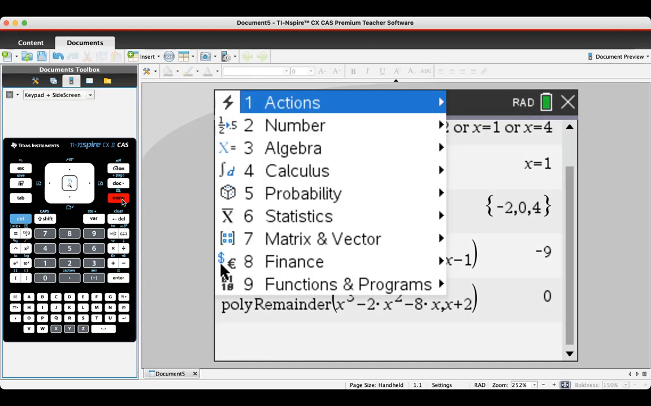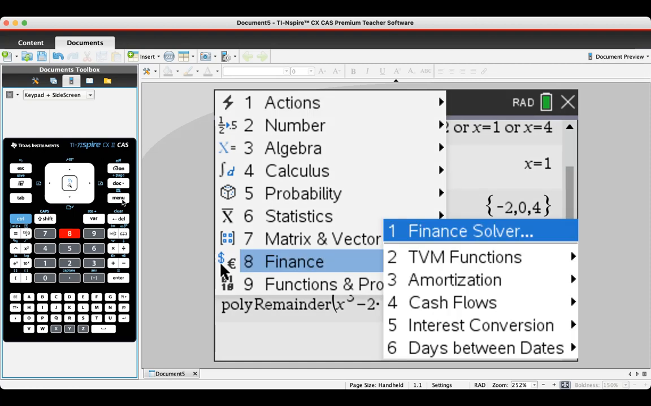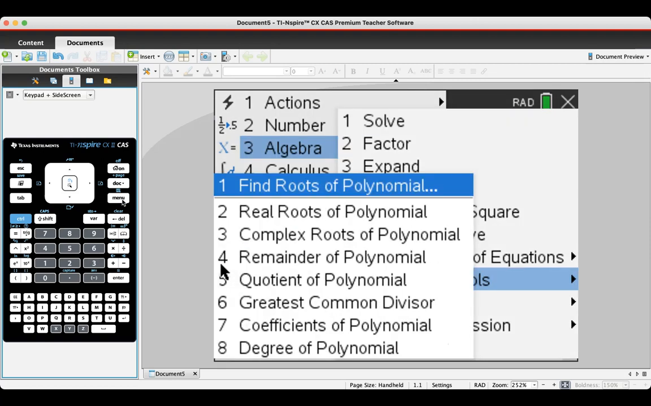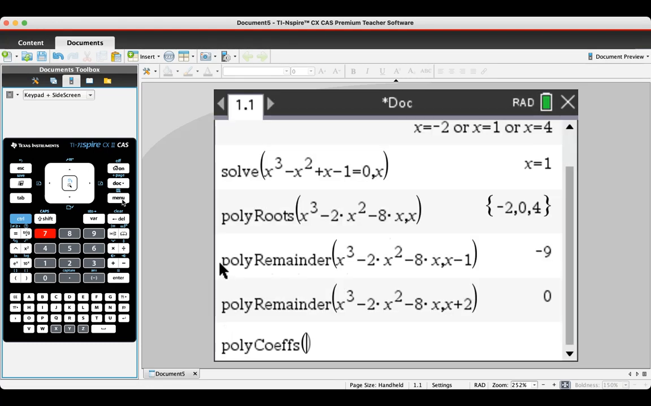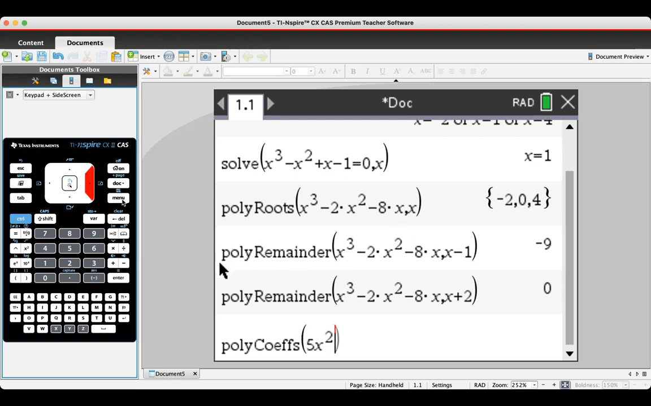Menu 8, oops, wrong place there. Menu 3 for algebra, 8 for polynomial tools. There's other things as well you can play around with. There's coefficients of a polynomial and degrees of a polynomial. I don't think they're particularly useful, but if you needed to confirm your work, like if you're doing a quadratic and you needed to know what the coefficients were of a particular equation, then